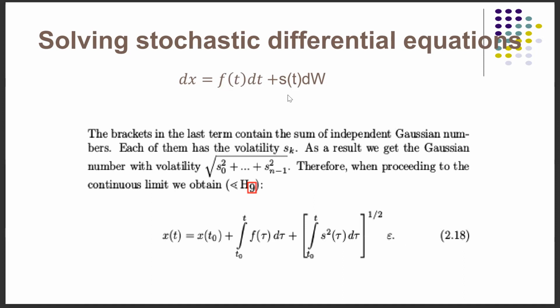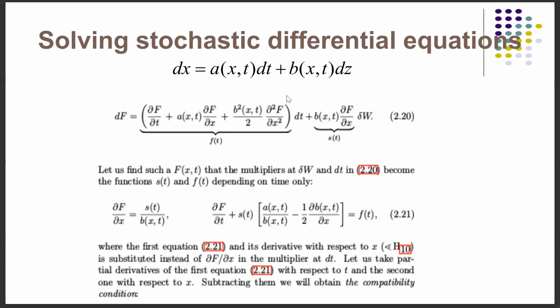But it is not always a function of t. If it is not, there are some cases, I repeat, not always, when we can use Ito's lemma to find a function F such that